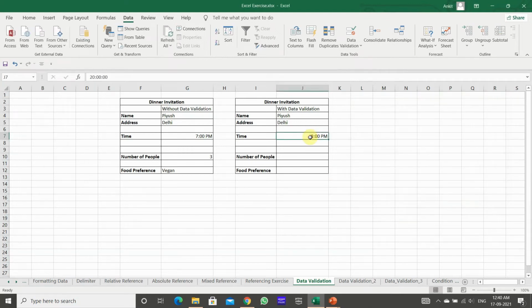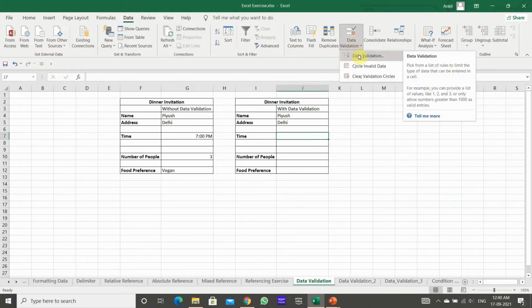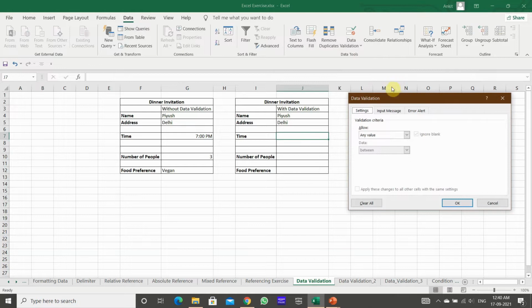So now I have removed the data validation in this cell. What I have done is I have gone to the Data tab, clicked it here, gone to the right hand side, and I saw the Data Validation is there. Just click here, 3 options will come. You have to select the top one, Data Validation, and 3 tabs will come: Settings, Input Message, and Error Alert.